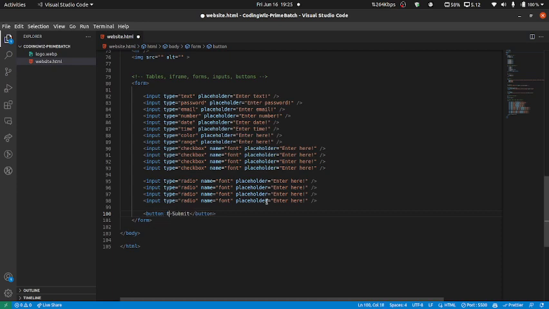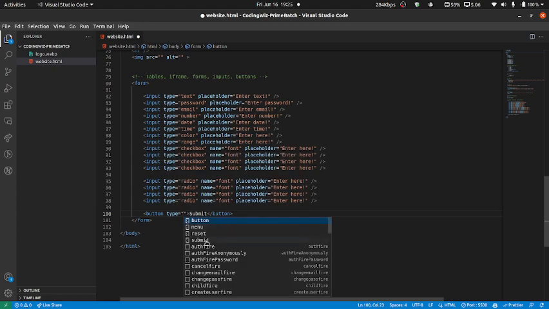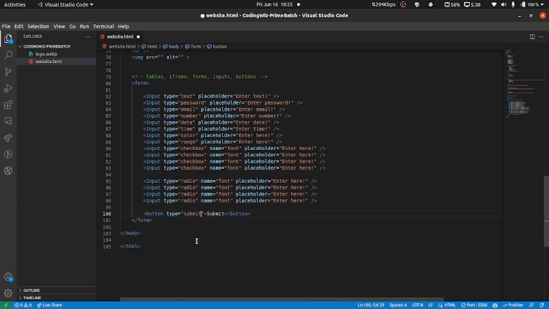And you can state the type of the button. This is an attribute for the button also. Like input also has a type attribute, and button also has a type attribute, right? And what are the types? Like submit, button, reset, menu. You will majorly use button and submit types, right? If you select submit, what the button will do is when you click on the button, it will do